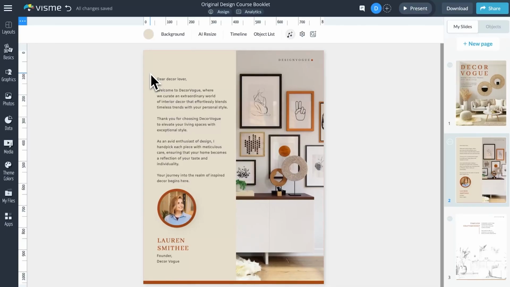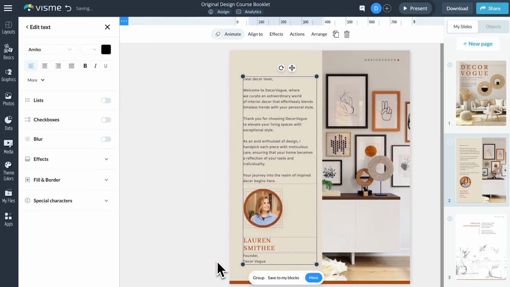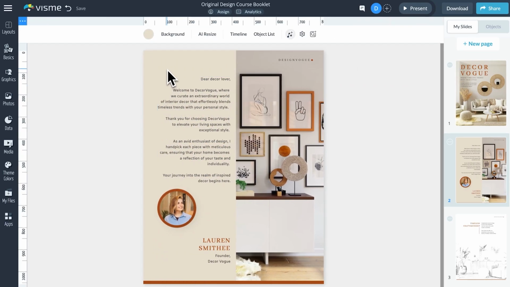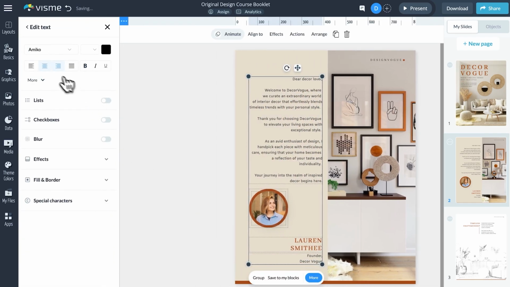The opposite of left alignment is right alignment. This is when the invisible line is on the right instead of the left. So let's see what that would look like in this text. First, I'll select the text and then click the right alignment icon to change the text alignment. I'll now take it back to left align and I'll go to page 5 to show you another alignment style,